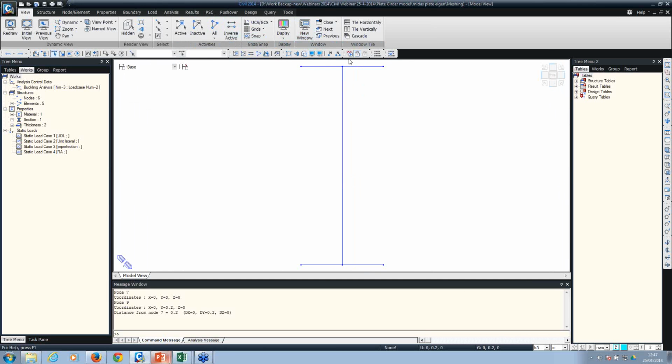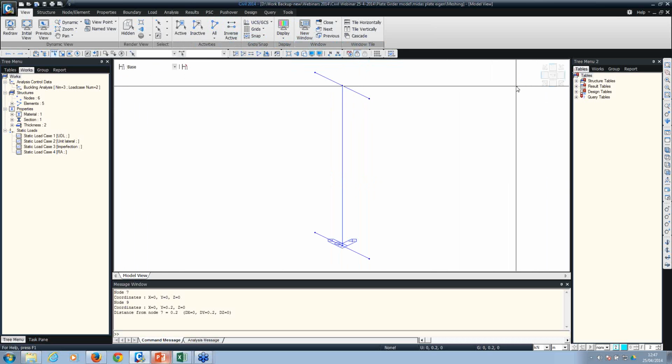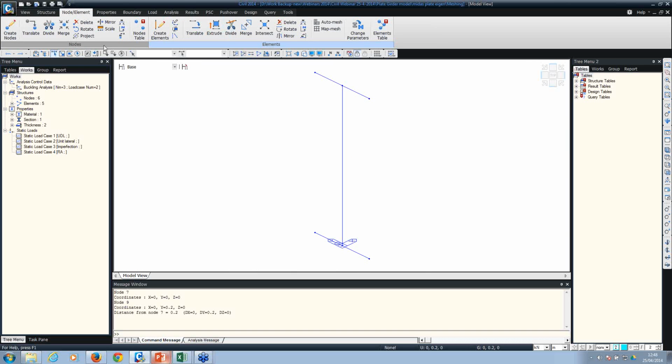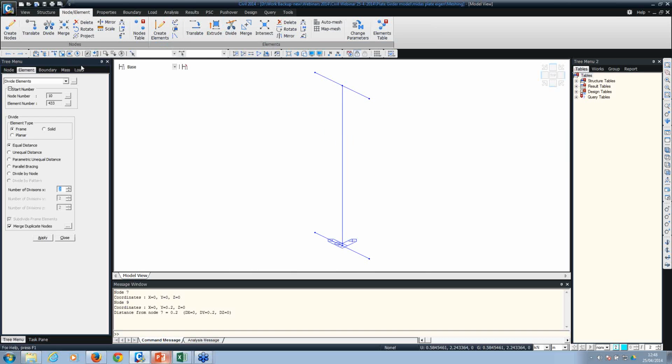So that's the Midas Civil interface. What you're seeing on the screen is just a cross section, just line elements representing the I section. Now using these line elements, I'll create the shell geometry. I can simply divide the web into finer segments just to get the mesh right. Apply, and then